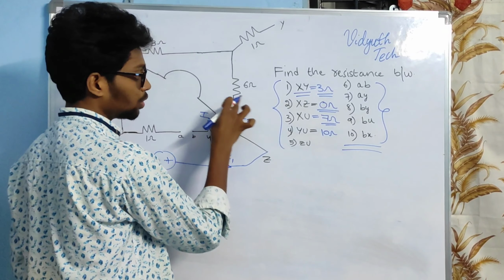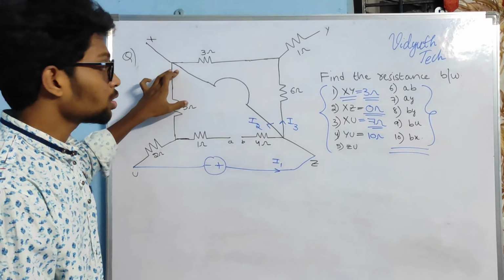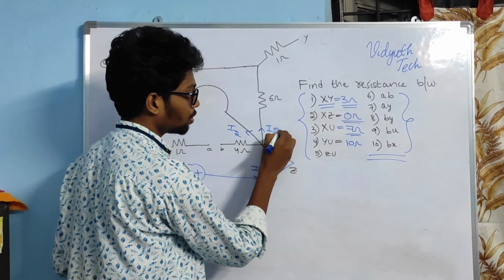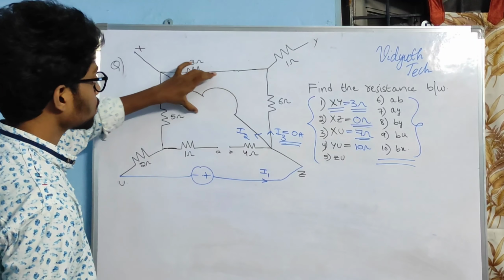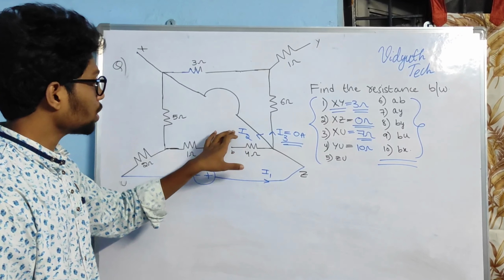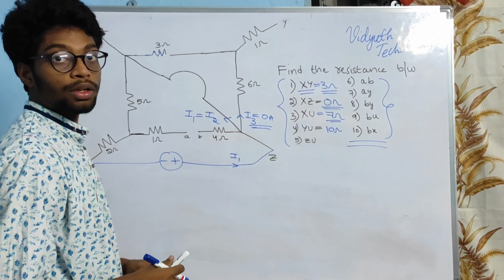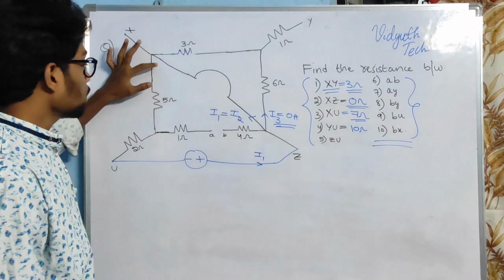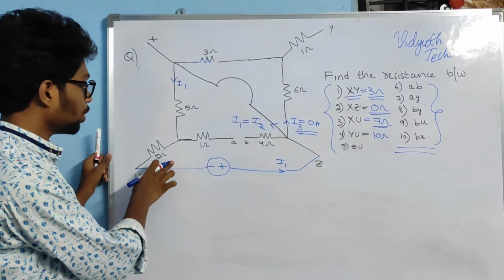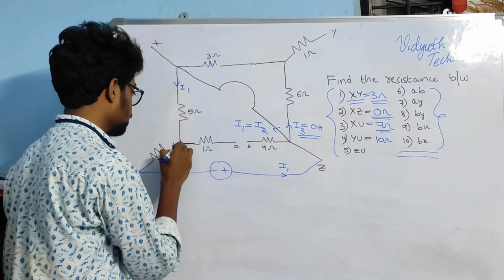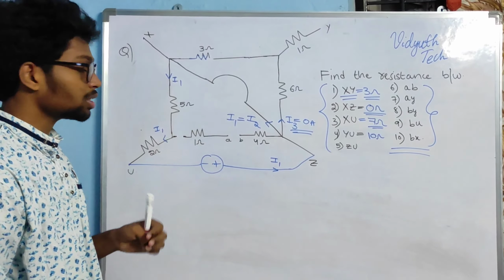I1 is divided into I2 and I3, but you can see the short circuit over here. So I3 will be 0 amperes. Total current I1 will be flowing through the short circuit path. So I2 will be equivalent to, after coming to this point, I1 will be flowing through the 5 ohm resistance and I1 will be flowing through the 2 ohm resistance. As this is an open path, you can just take it out from the circuit.